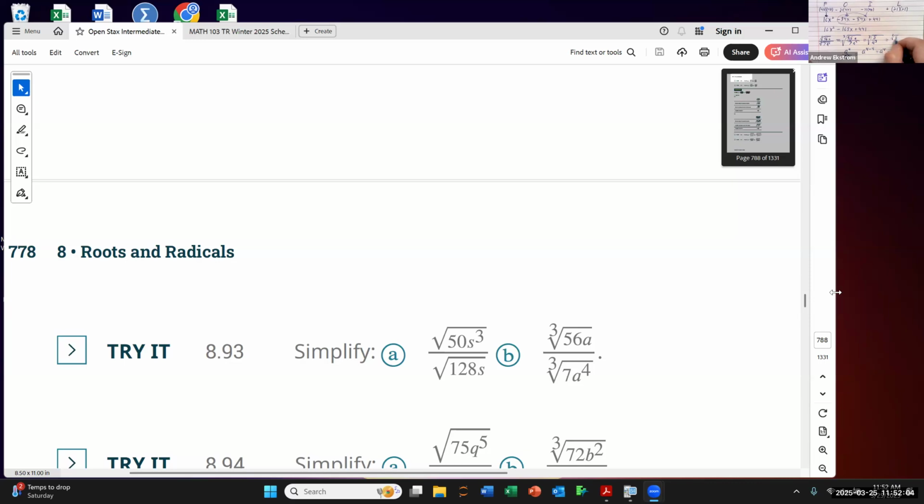So we now have cubed root of 8 divided by cubed root of a cubed. So sometimes it is. You can do it the way that I just did it. If you don't see all of these different steps here,